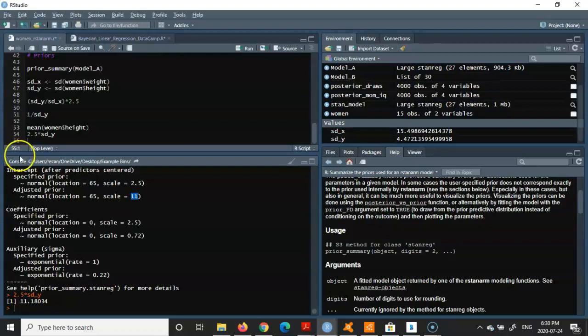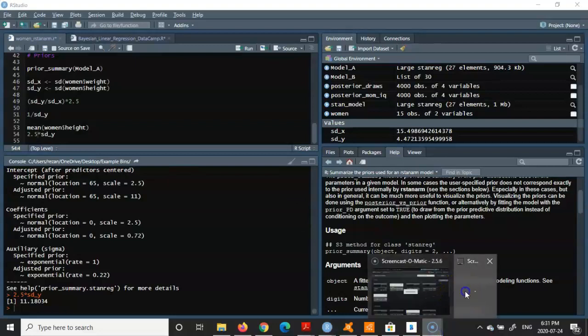And now you see that when you multiply 2.5 times the standard deviation of our response value, we get the exact value of 11, which is the adjusted value we had before. Okay. So far, we have done a great thing. We have been able to see the impacts of how to make these adjustments on our results, on our Bayesian regression analysis. And I think that's going to be a